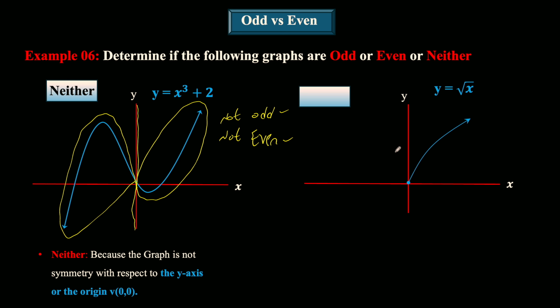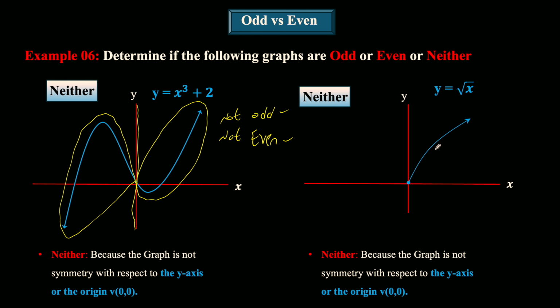let's see this graph also. So here it is obvious. Directly you can say it is neither. Why? Because you have only one part. You don't have any opposite part to say it is symmetric or not. Okay, so you directly say neither because the graph is not symmetric with respect to the y-axis. You don't have any opposite part, or the origin, it just starts from here to infinity. Okay,